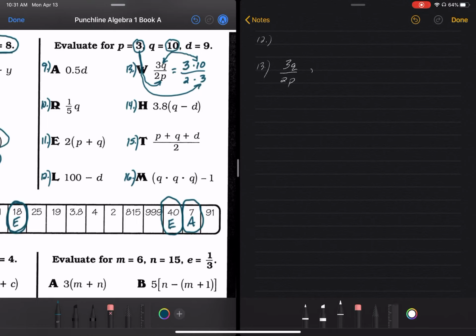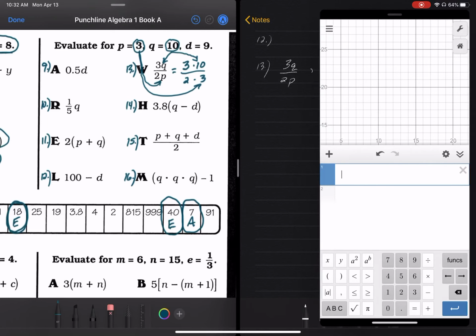Okay? So let's repeat that over here. So we have 3 times 10 over 2 times 3 equals. Do the top first. 3 times 10 is 30. 2 times 3 is 6. And divide. 30 divided by 6. 30 divided by 6, I know, is